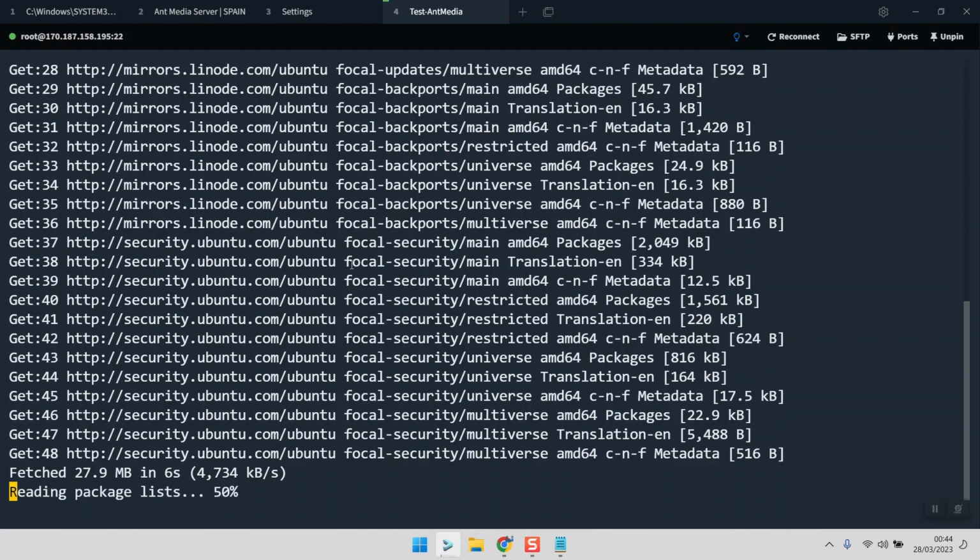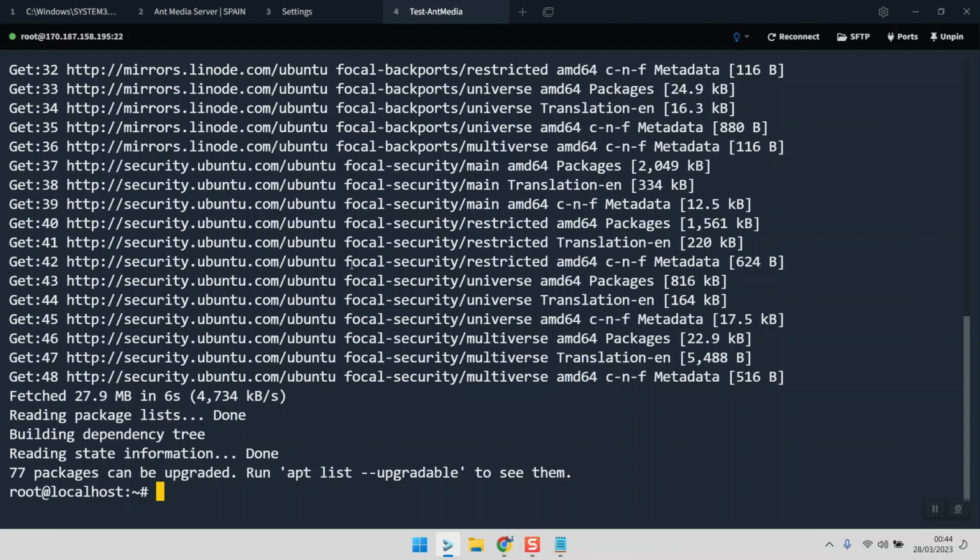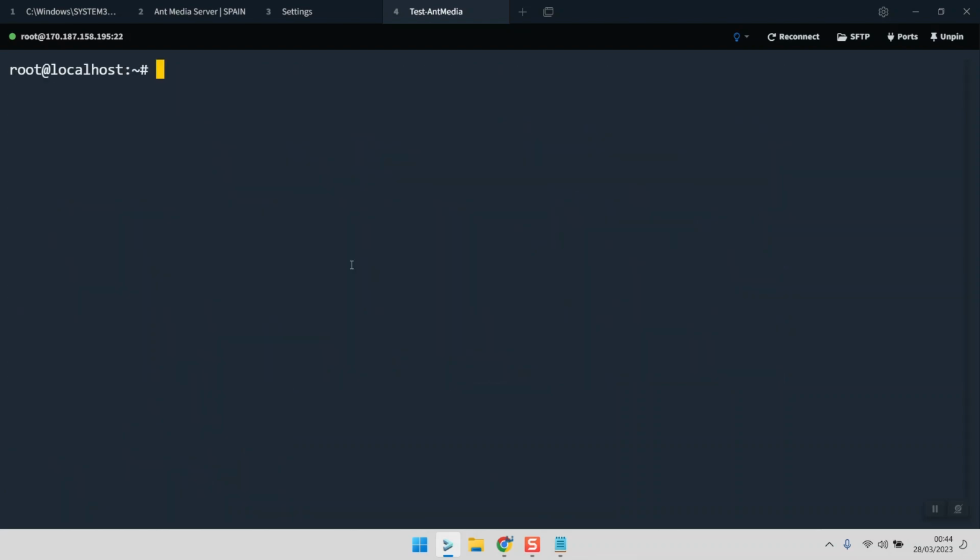So the system is downloading. The downloads are complete, and the next step is to install both Python 3 and pip, and then we're gonna use pip to download gdown. All right, let's do that. To install Python 3 and pip, we're gonna use apt install. But if you're a sudo user, you can say sudo apt install